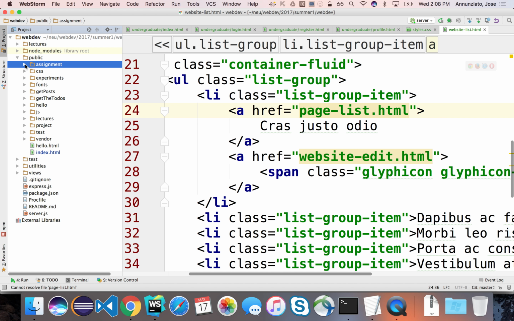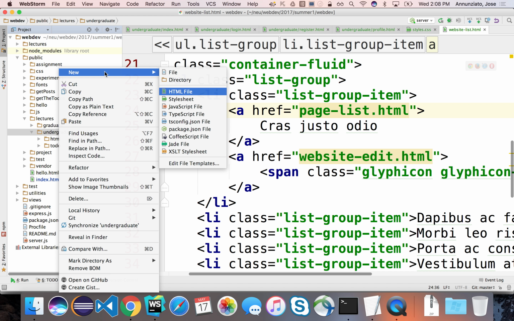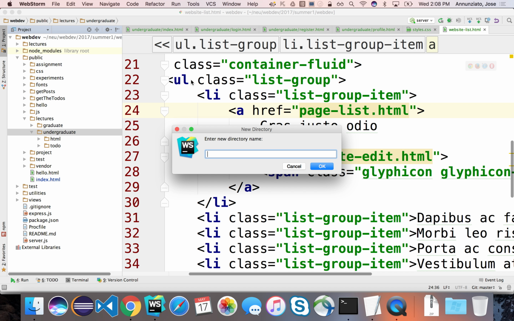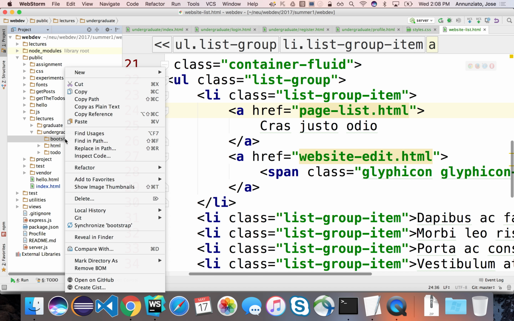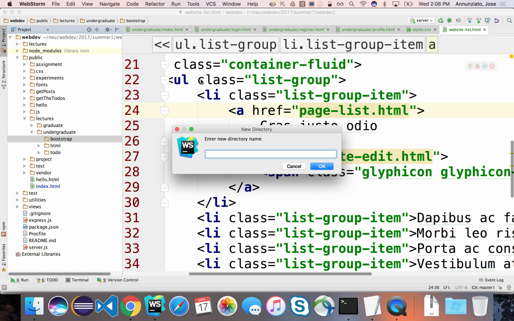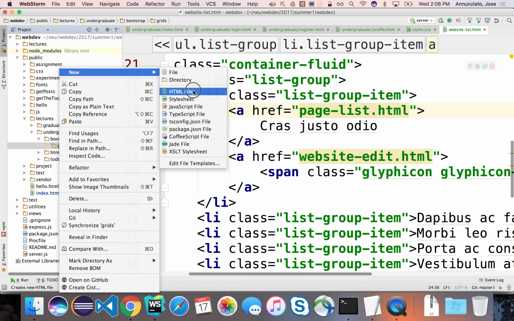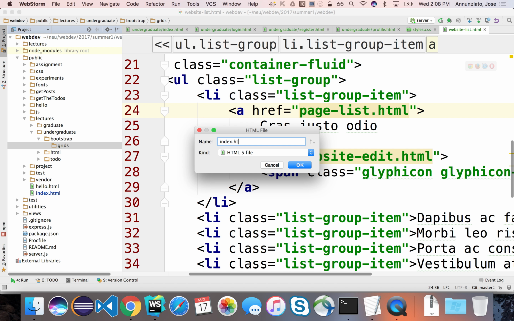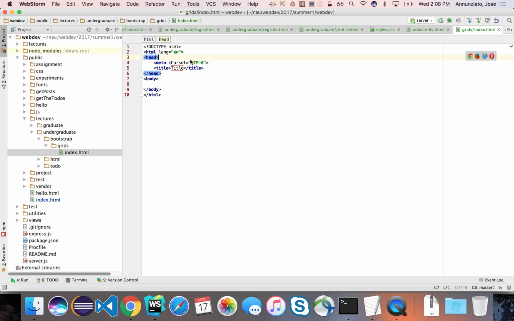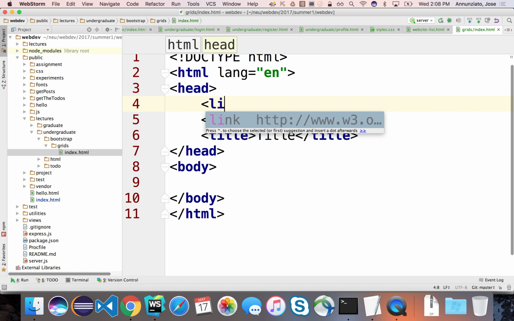Now to do that, let's first introduce one concept. Let's go to lectures, go to undergrad, and we'll play around with the grid system a little bit. So let's go to Bootstrap, and here I'd like to introduce you to row grid. In grids, I'd like to show you a couple things. So let's have here index.html, and let's load the Bootstrap library here. Link